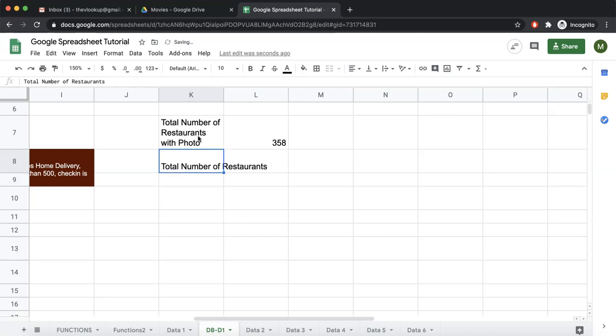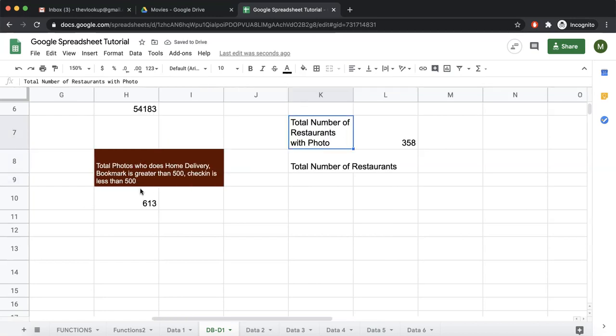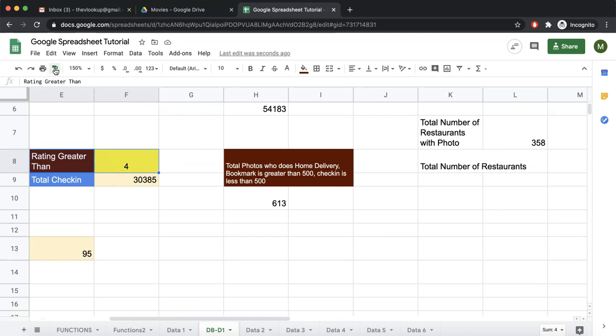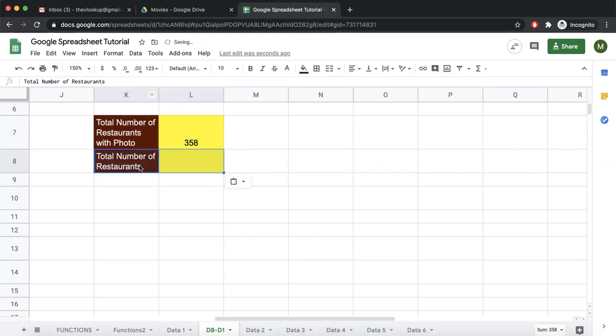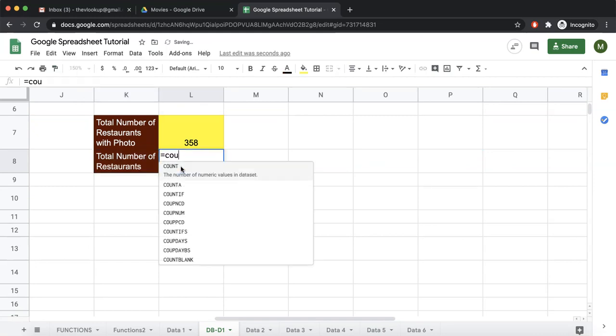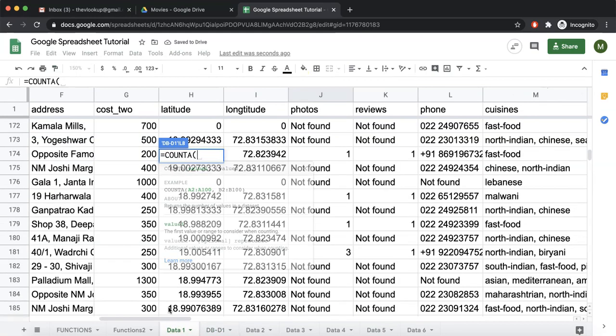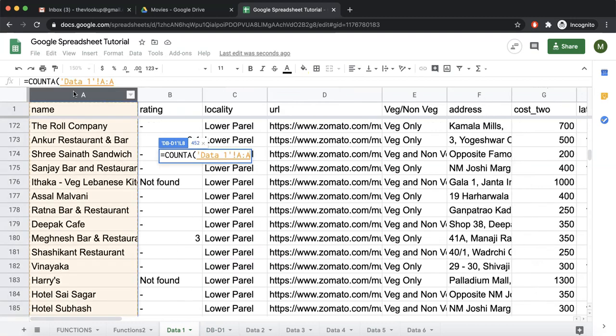If you want to know this, let's do some designing over here. Okay, and we format paint this over here. For this we can use count A of column A.